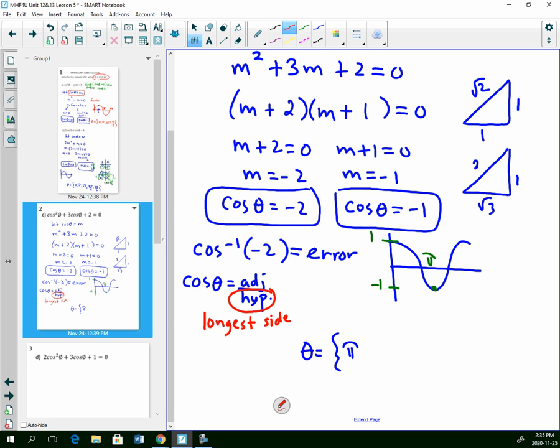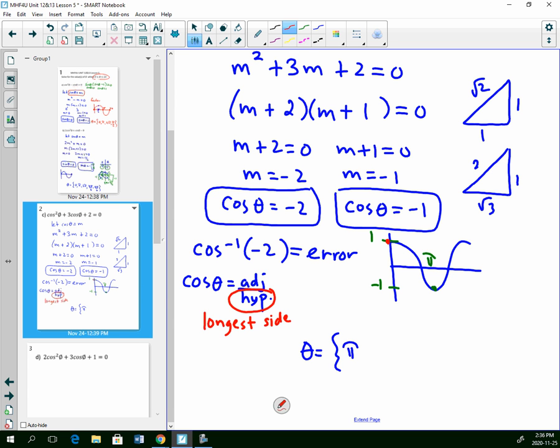It's just not possible. So I could have 1 over 1. That gives me 1, right? So that's why the maximum is 1, because if the adjacent side is 1 and the hypotenuse is 1, then cosine is 1. But that number on top will never be bigger than the number on the bottom, so that number will never